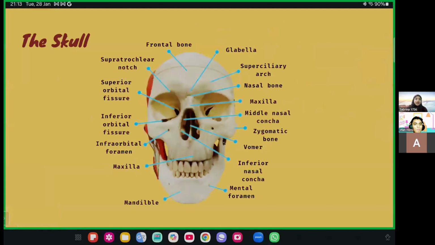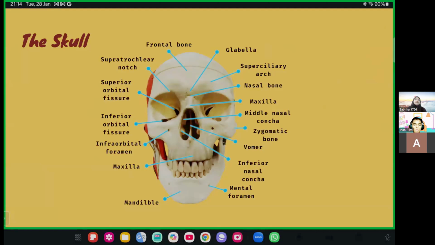Next slide. Okay, so the human skull is a complex structure made up of several bones that provide protection for the brain and support for the facial features. Starting at the top, we have the frontal bone, which forms the forehead, and below it is the glabella, which is the smooth area between the eyebrows. Moving outward, the supraorbital arch lies above the eye sockets, and the